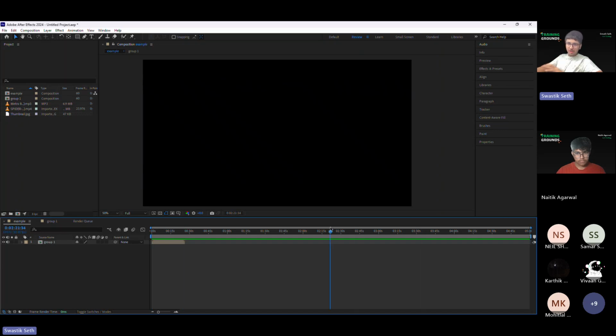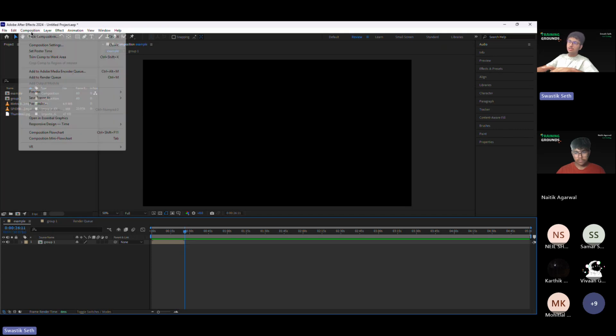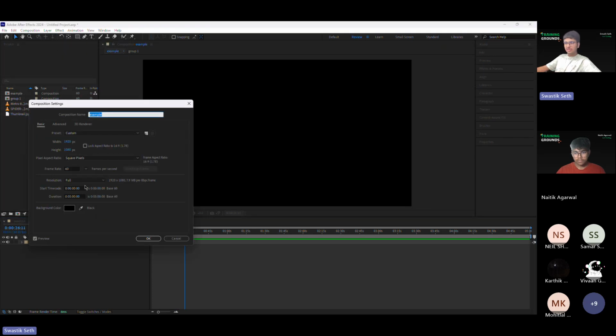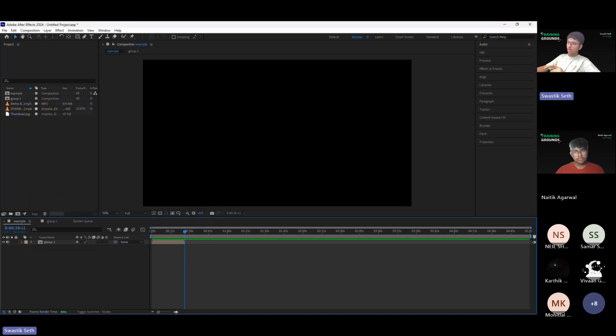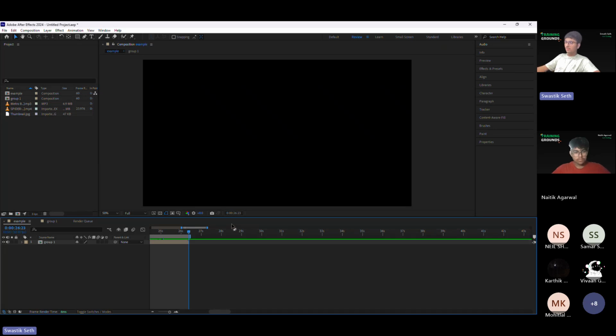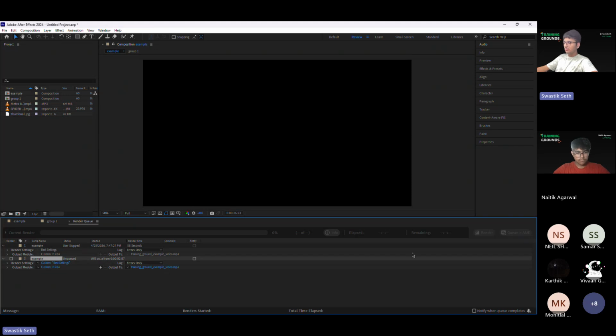To tell it to stop at a particular moment, either you can manually go to composition, go back and change the duration. But this is not what we commonly do. What we do is we go to the last frame, right? And we press N. What this does is it tells After Effects that this is where this composition ends. After this, you do not need to render anything else. So now if I go into render and I try to render it,